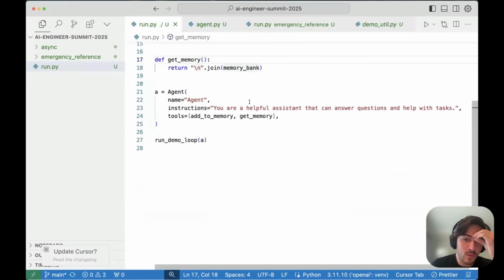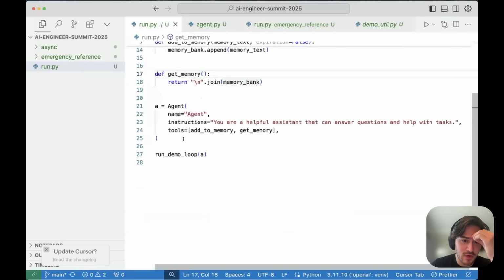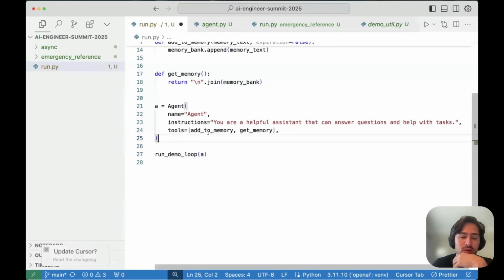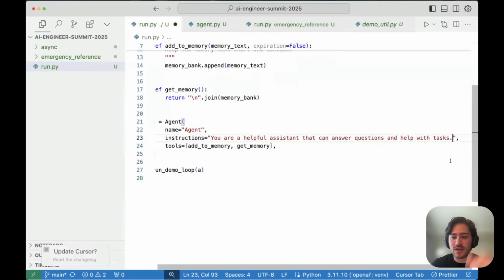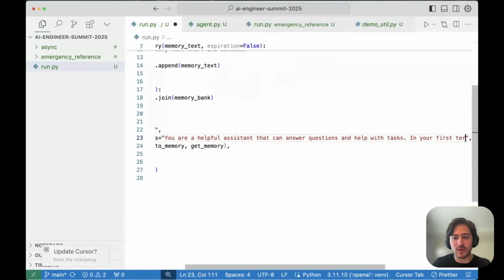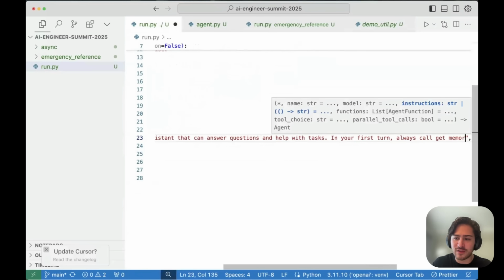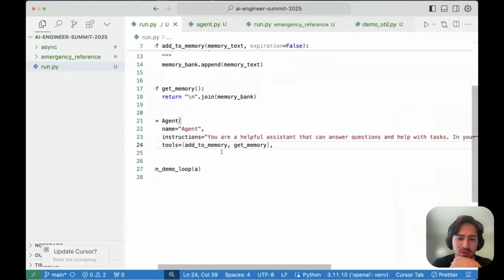But now, when we start off, I guess we could even start off with a... I mean, this is going to be kind of hacky, but I can just say, in your first turn, always call get memory. This is not great. It's just because of the demo loop, but maybe I'll break the demo loop out so we can actually do this by hand.